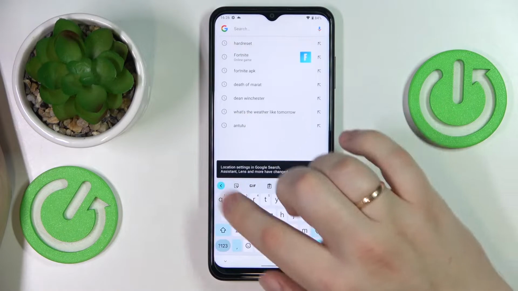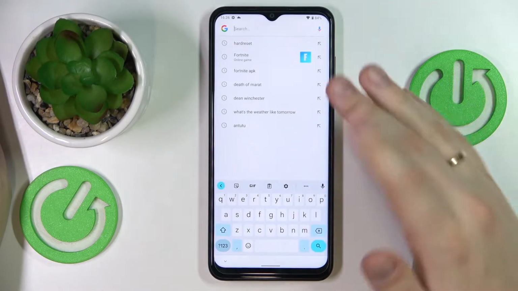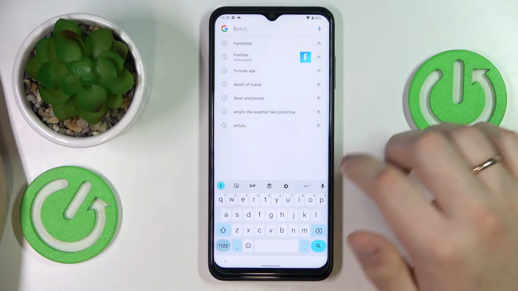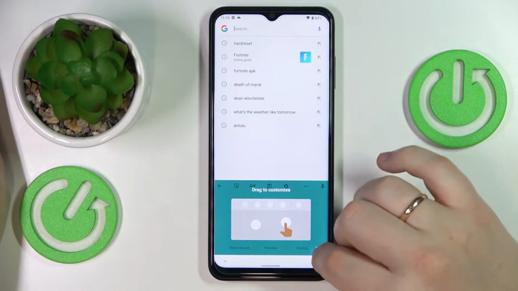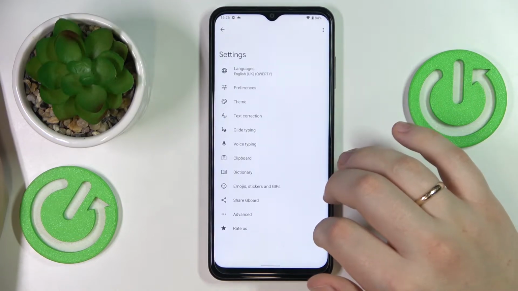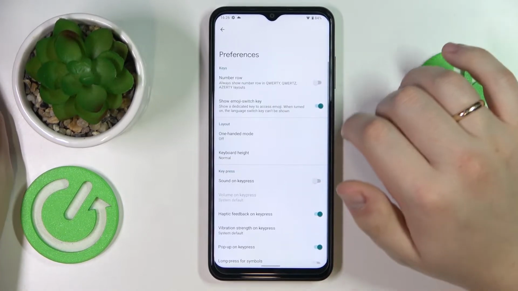In here at this little top option bar, look for the cog icon. If it is not present in your particular case, expand the keyboard options menu by tapping on these three horizontal dots. So once we have been successfully sent to the Gboard keyboard settings, enter the preferences category and switch on